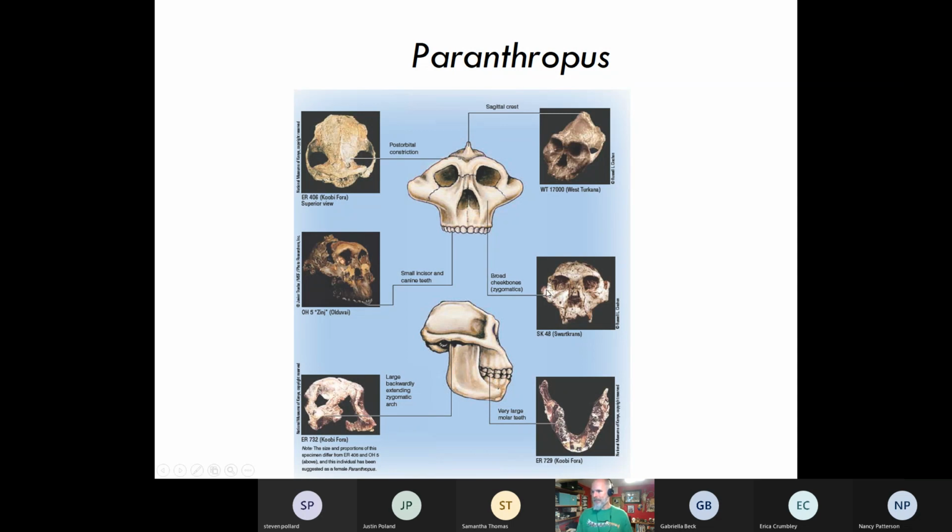Also, the cheekbones, that is the zygomatic arch, but the front view of the cheekbones here were wide, a very wide cheekbone. What else is noteworthy is the teeth, the dental arcade here. Very large teeth, especially in the molars, and that's really one of the signatures, looking for these very robust molars for the Paranthropus. Molar teeth indicating that they're chomping down on a lot of vegetation. Kind of gorilla style.